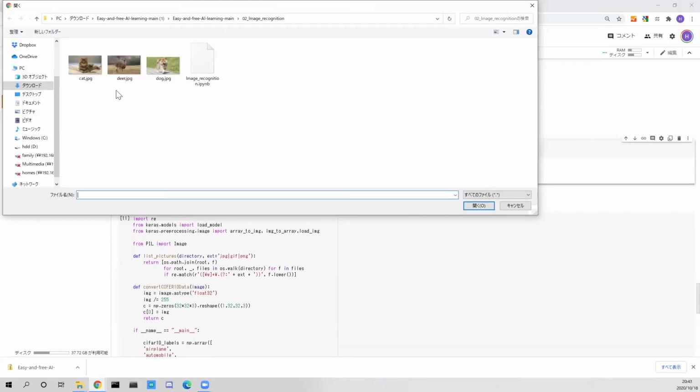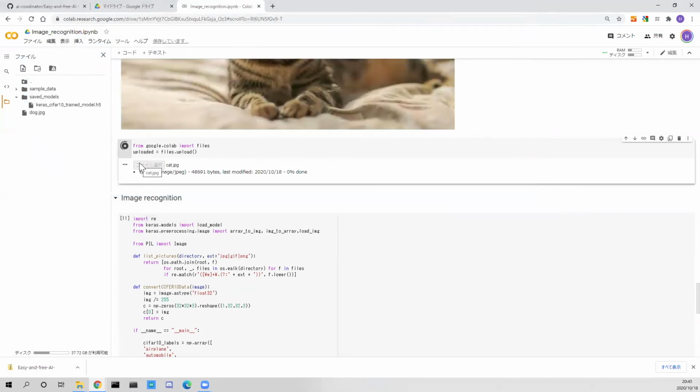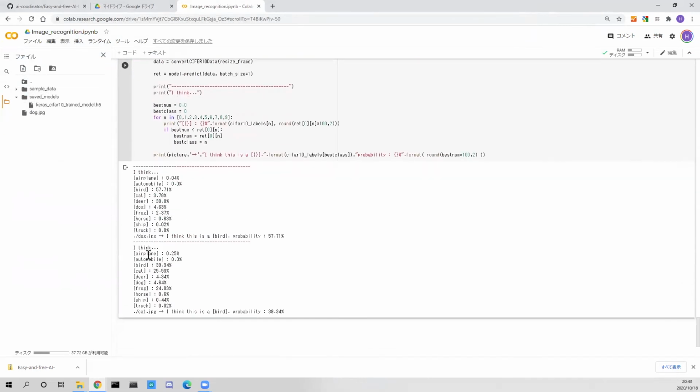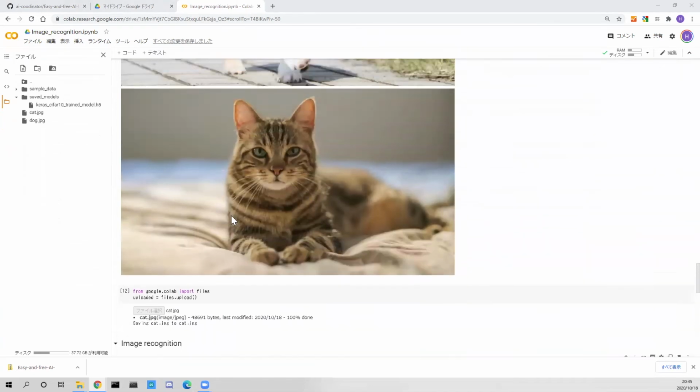Select an image of the cat. After uploading, run AI. Cat, bird, NG. Increase the number of epochs.